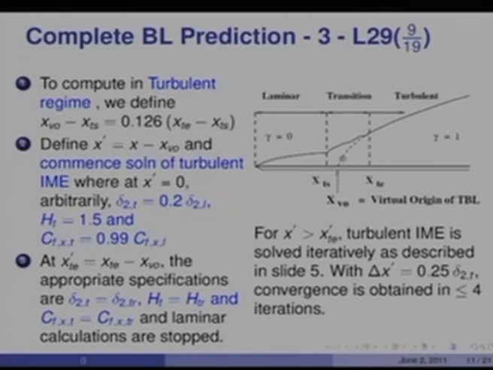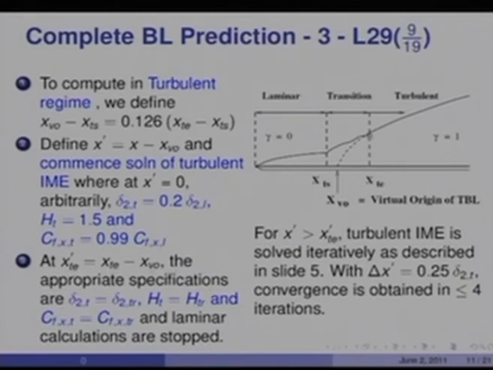we calculate the CFX of transition, delta 1 of transition, delta 2 of transition, and so on and so forth, and therefore, the H of transition by calculating using both laminar and turbulent velocity profiles. So, that is how we continue up to x t e, because x t is already known before we started the transitional calculations. So, at x dash t e equal to x t e minus x v o, appropriate specifications